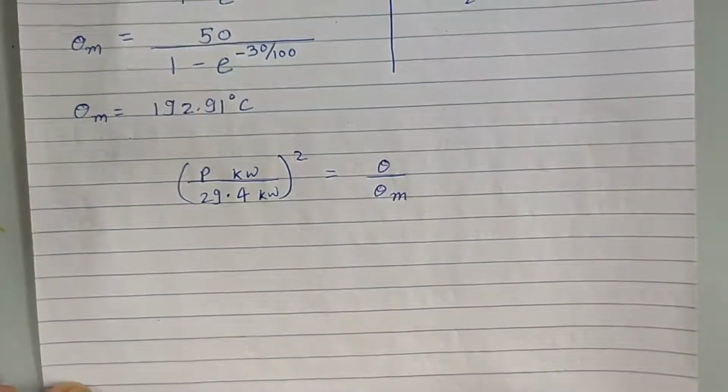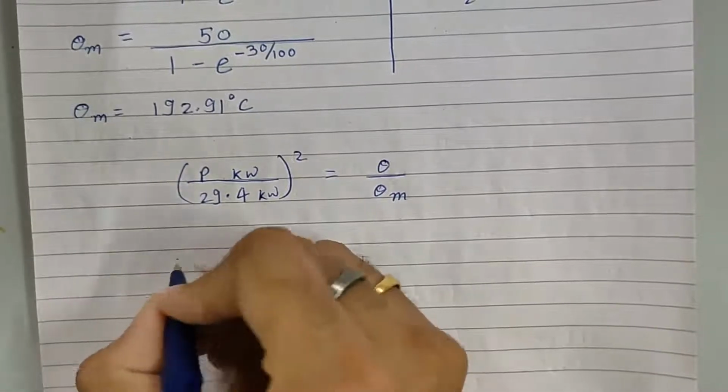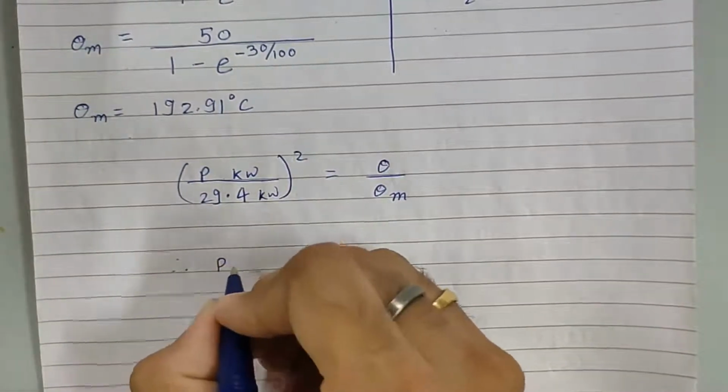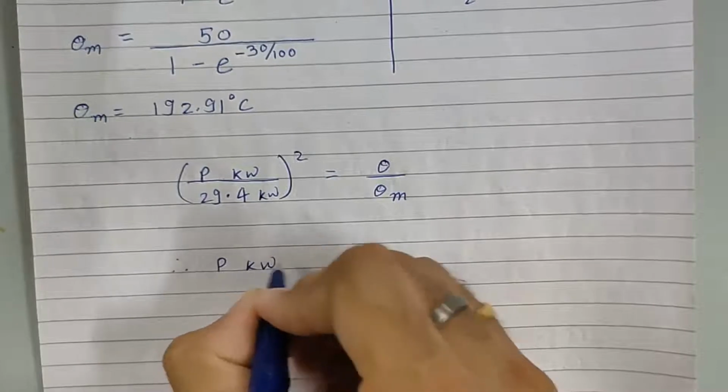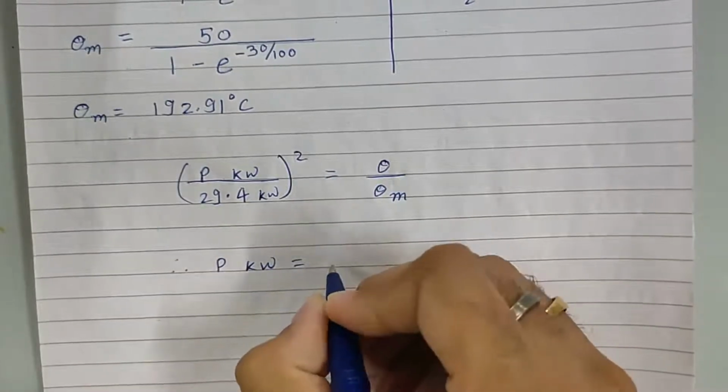On solving this numerical, we get P of kW is equal to